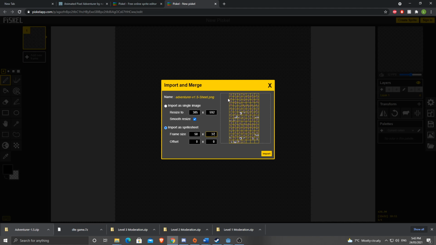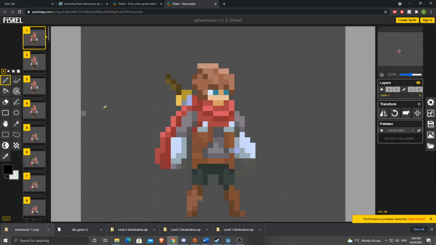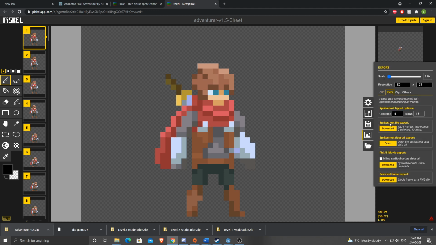Well, that actually did work. So I should be able to do that in there. So 1, 2, 3, 4, 5, 6, 7. No, actually, this is good here. Let's cut that right-hand side off. I'm going to import that, replace it. All good. Yep, that's all good. And then I will export it as a PNG and download this as a PNG. 9 columns, 13 rows. It's slightly different to what it was before, but I will